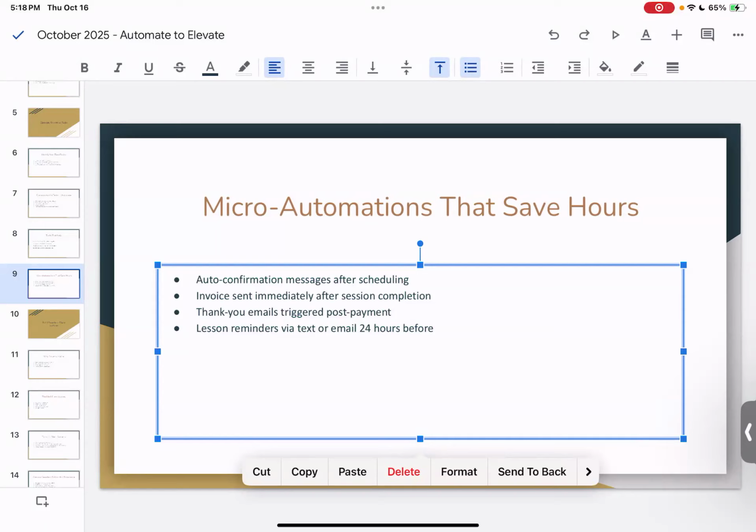And in this particular case, post payment might just be after you get paid from the gig, or it could be after you receive your payment from your students, or after you receive payment from any client that I might have from a coaching business or a side business that you have. Lesson reminders, of course, you can send via text or email 24 hours beforehand, assuming you have that information. Those would be ways to really launch your automation to a whole new level whereby you have the ability to really save many, many hours of your time to then be able to use it for practicing.